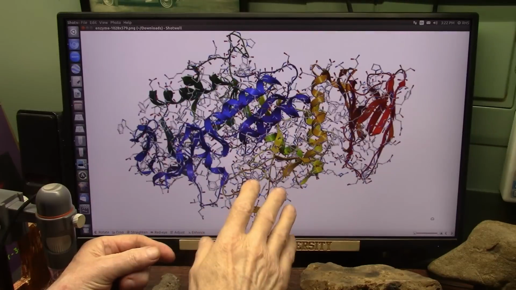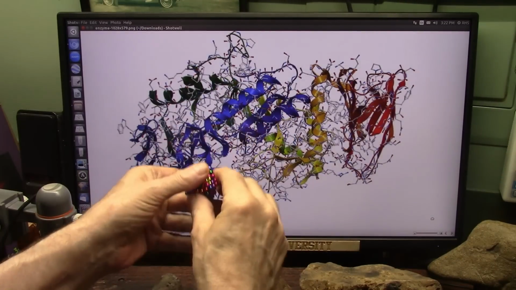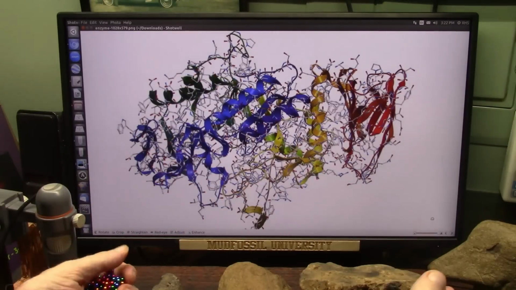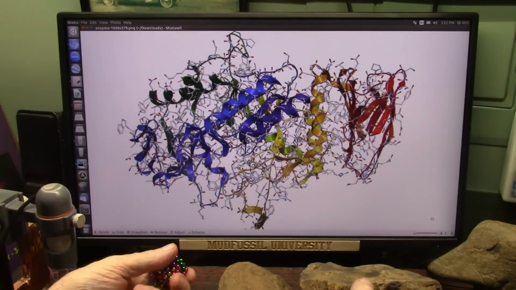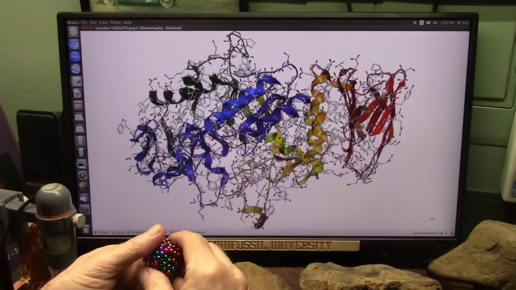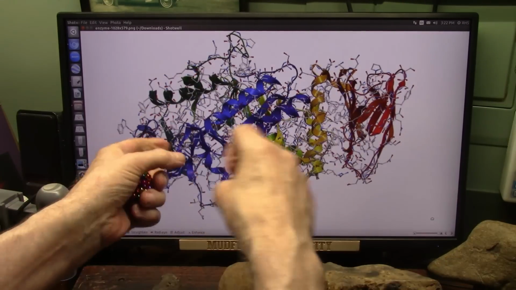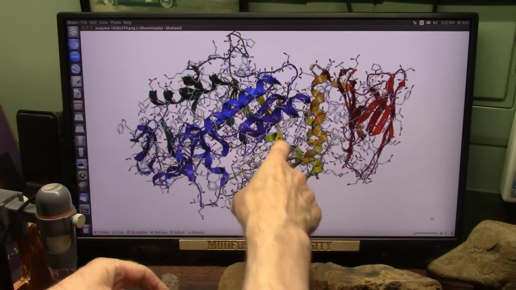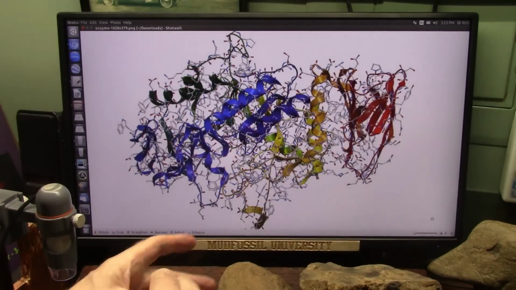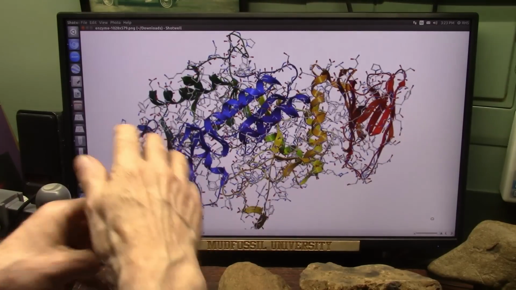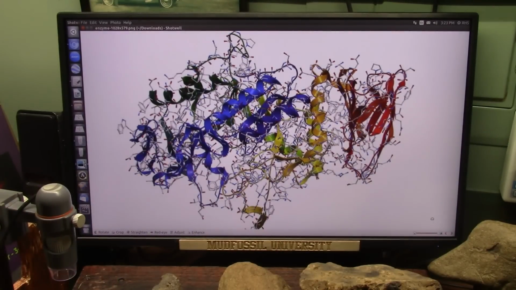Listen, here's the deal. These have to be identical every single time, and you need them or you can't break down your food, you can't kill invaders, you can't create things. And the other thing that bacteria do is they scoop up all the garbage and take it over to the lymph nodes and dump it so that the lymph nodes can take these kind of things and destroy the garbage. They're the garbage collectors, the lymph nodes. All of that stuff has to work. You have to have the bacteria in your body.